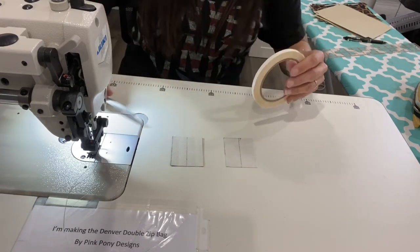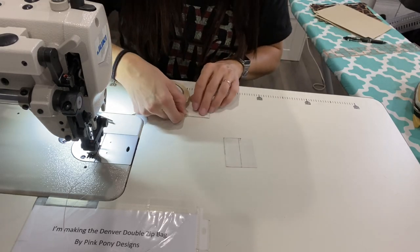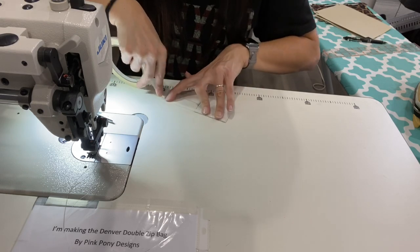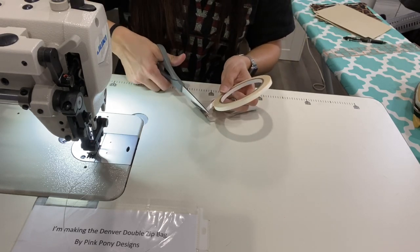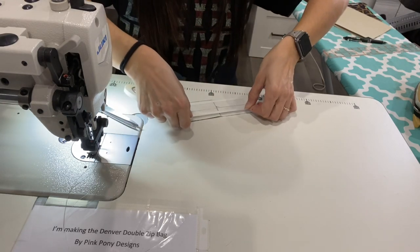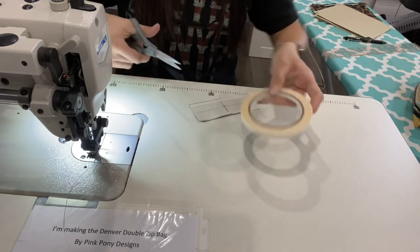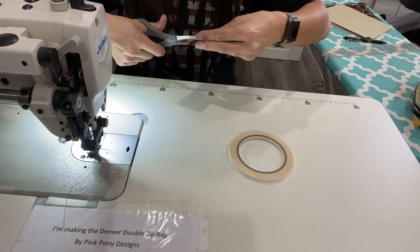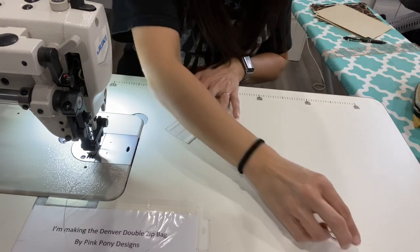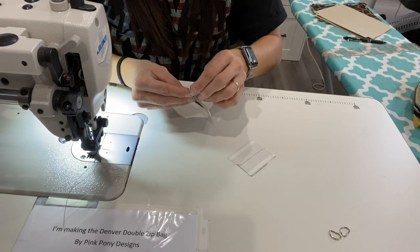I'm gonna go ahead and go back to my sticky tape and put a piece on each edge. So 4 pieces, basically. Okay. All right, this is what we got so far. We're gonna peel